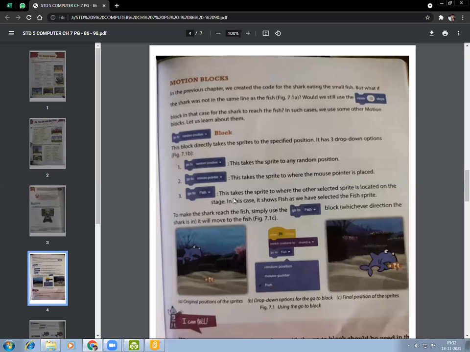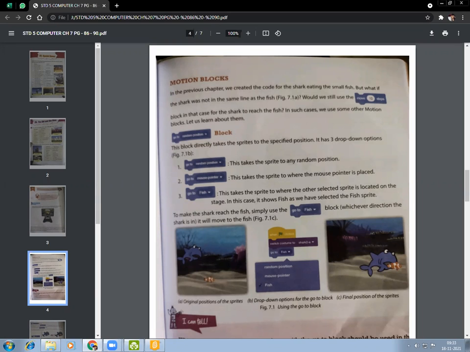Go to fish takes the sprite to where the other selected sprite is located on the stage. In this case, it shows fish as we have selected the fish sprite. To make the shark reach the fish, simply use the go to fish block. Whichever direction the shark is in, it will move to the fish.